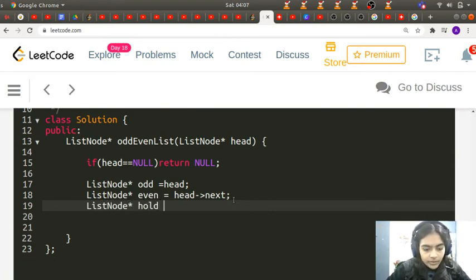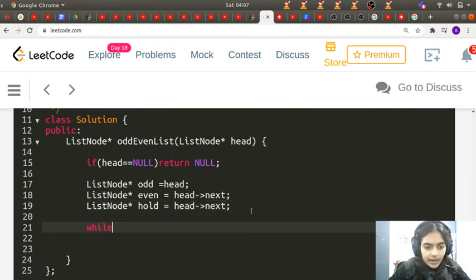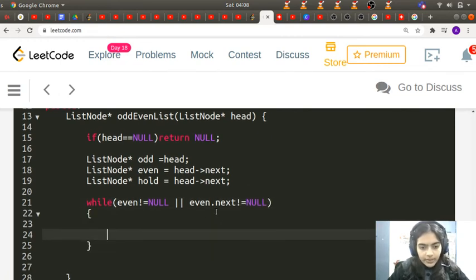So ListNode* hold is equal to head.next, the same as even. And we give the loop condition while even not equal to null and even.next not equal to null, so that will be the case that we can give.